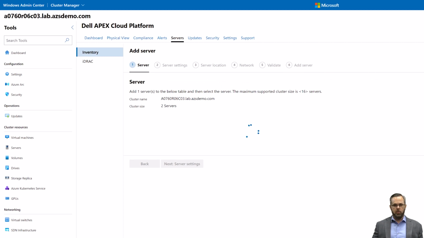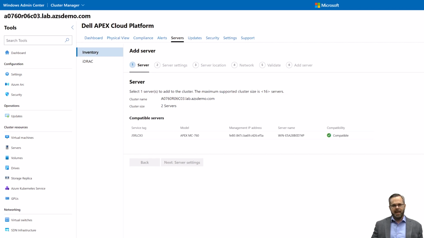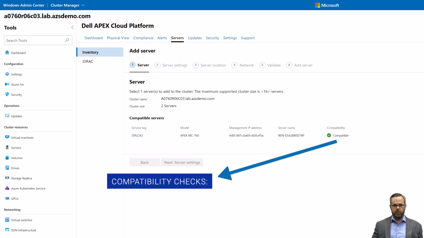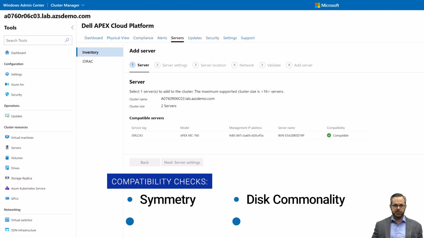Auto Discovery mode kicked in at this point, which used IPv6 MLD snooping. This is the same mechanism used to auto-discover cluster nodes during initial deployment. After discovery, 4 compatibility checks were run against the new node, including symmetry, disk commonality, hardware, and software checks. If any of these would have failed, I would have been provided the details in order to take corrective action